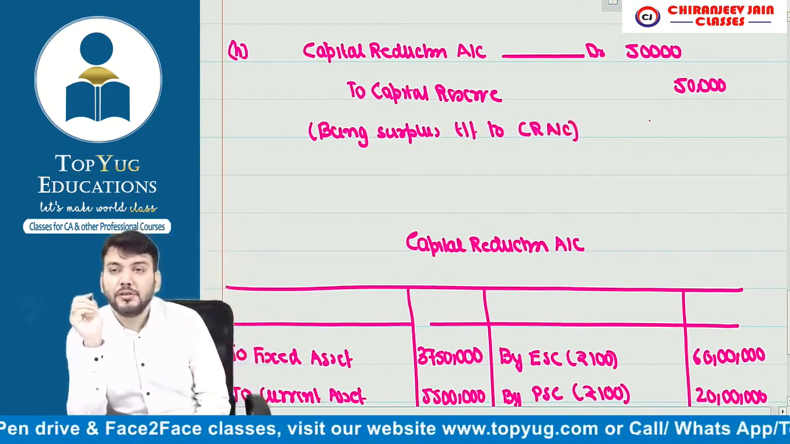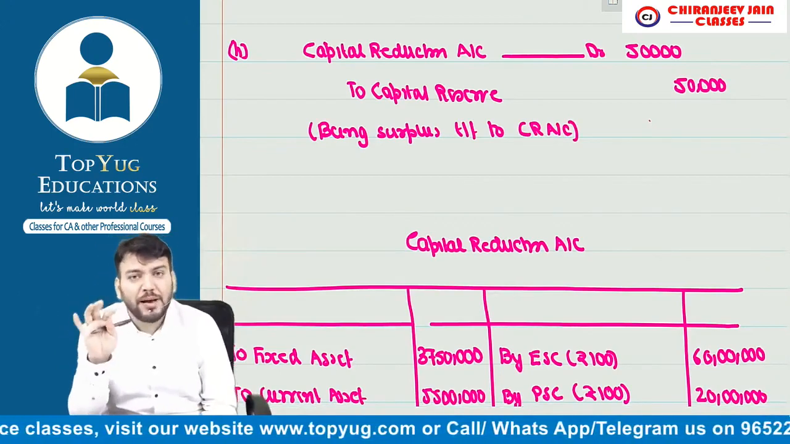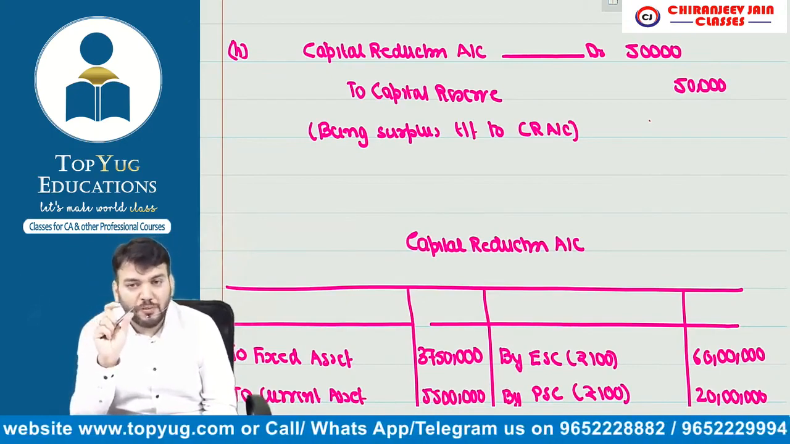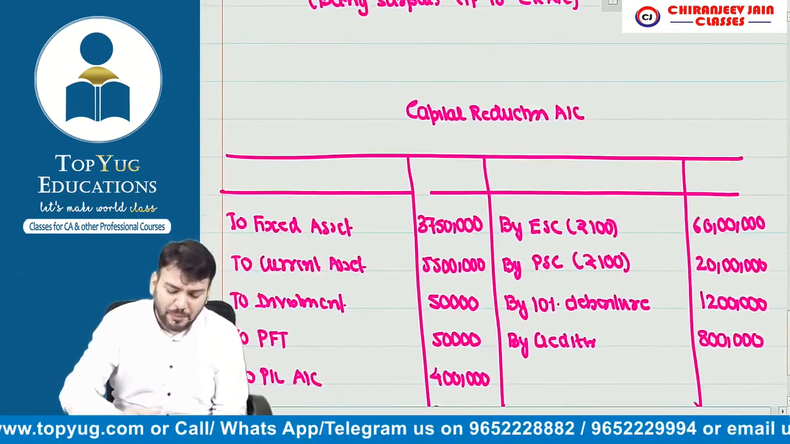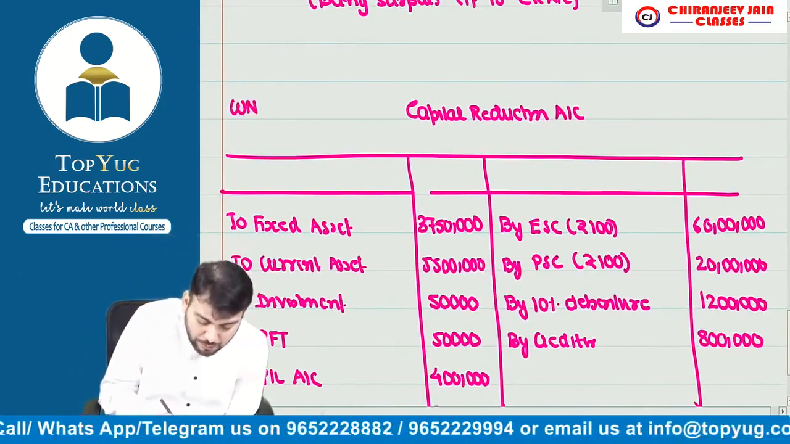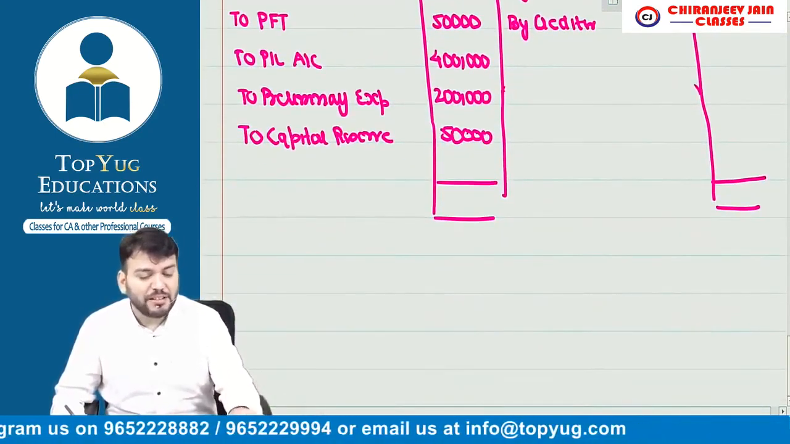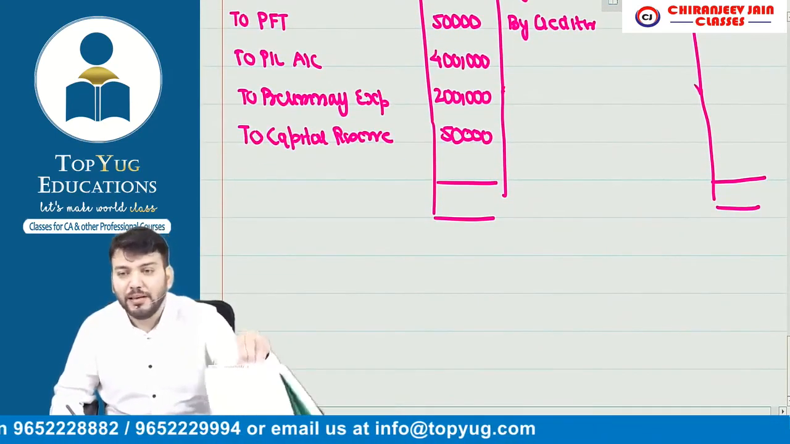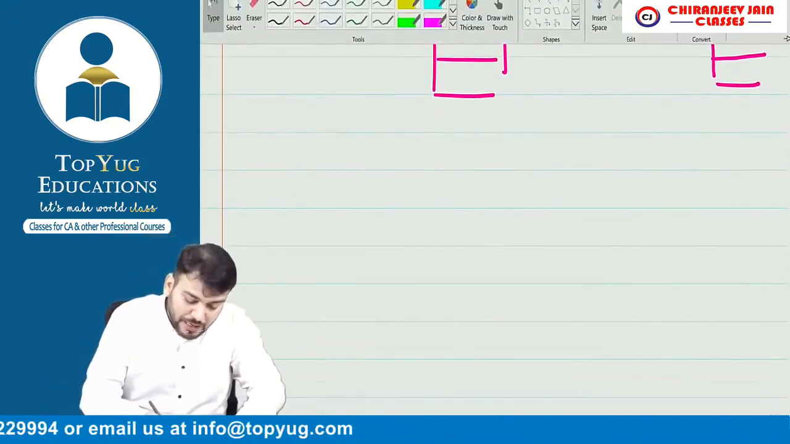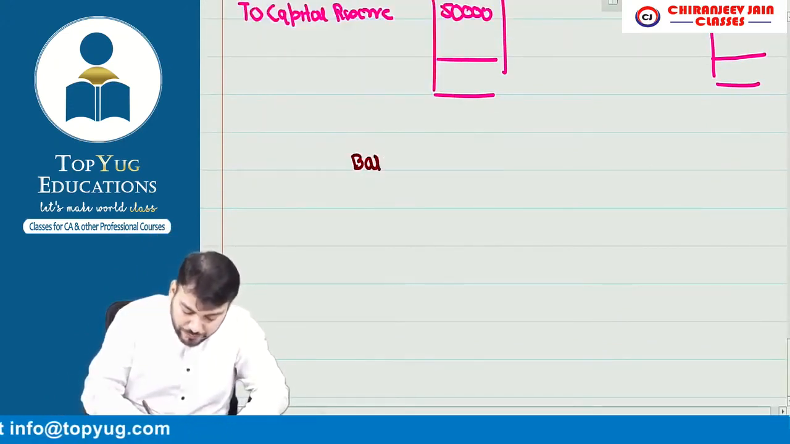Correct. Understood. Simple. Suppose in the exam you do not have time, then you can do plus minus in the calculator. You can find out the surplus amount of the capital reduction account. If you have time, then prepare the capital reduction account in the exam. So this will be part of the working note. Understood. Now we'll prepare the balance sheet. The balance sheet will not take much time if you know the format. So quickly prepare the balance sheet. Yes or no? Yes sir, please make it. We will write balance sheet